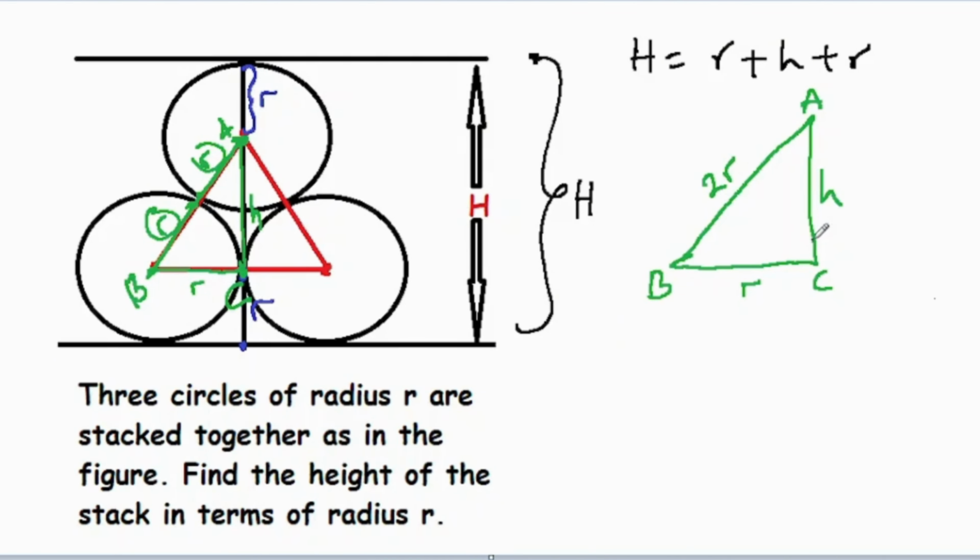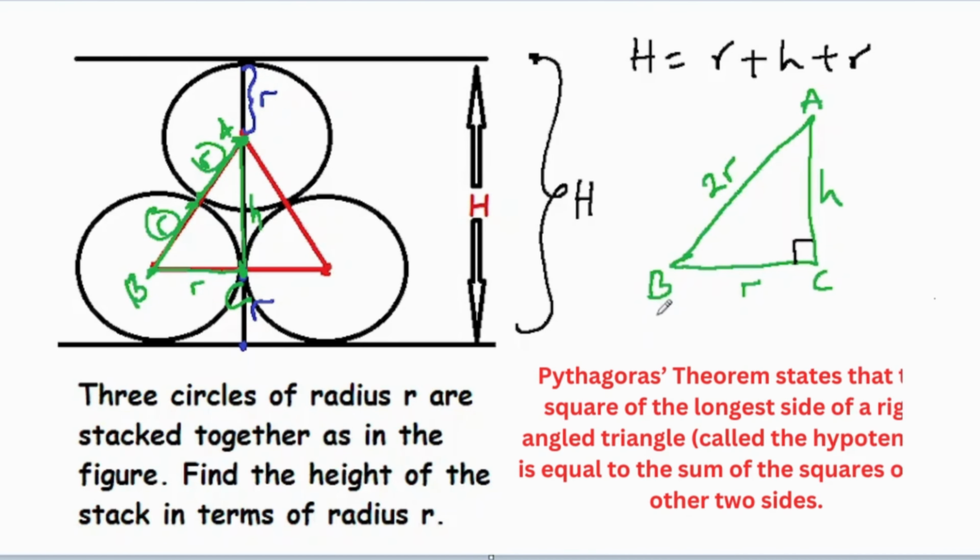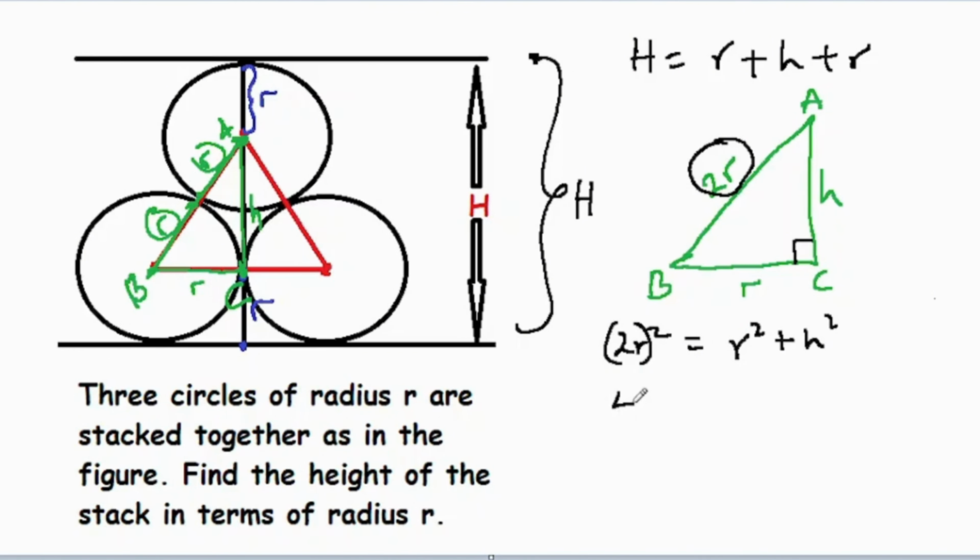Triangle ABC is a right angled triangle, so here is 90 degrees. Pythagoras theorem states that the square of the longest side of a right angled triangle, called the hypotenuse, is equal to the sum of the squares of the other two sides. So here is the hypotenuse, which is 2r. So we square the hypotenuse side. So 2r squared is equal to r squared, BC, and AC is what? h. Then h squared. So 2r squared is going to give us 4r squared, and that is equal to r